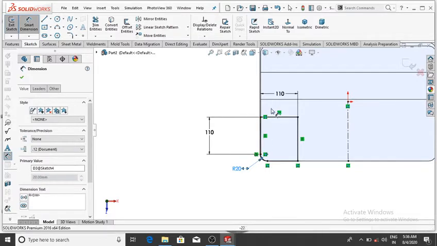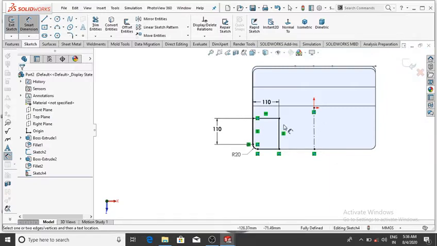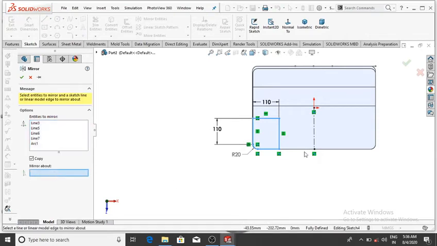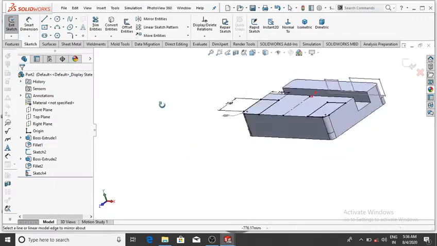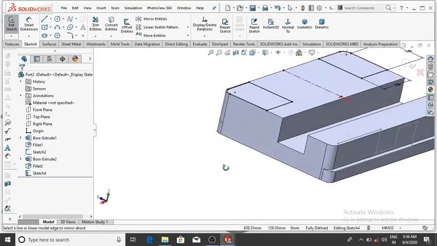We make the mirror of this sketch up to this sketch. So we use mirror. Now select the mirror entities, select this sketch and mirror about the center line, then OK, and we extrude this part up to this face.